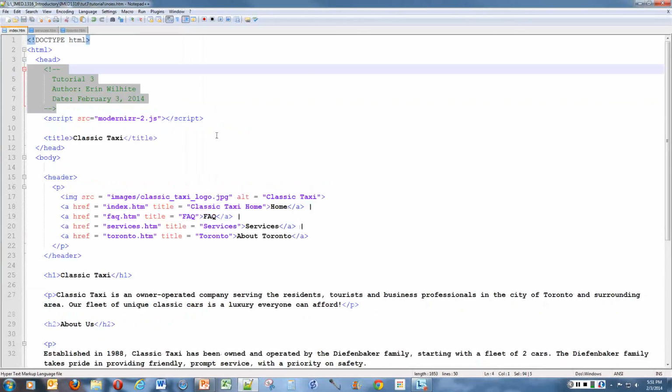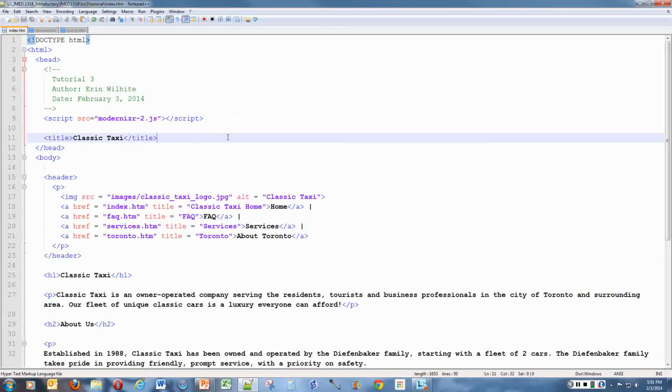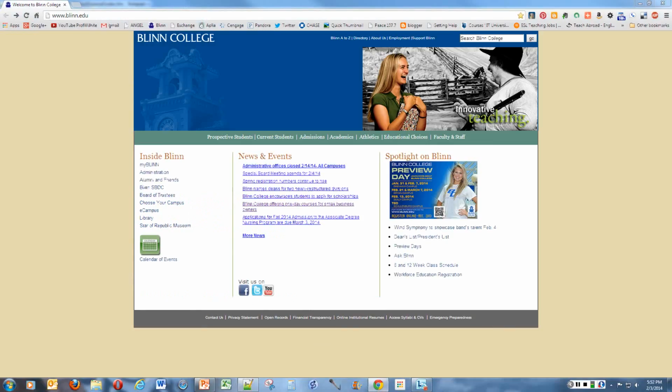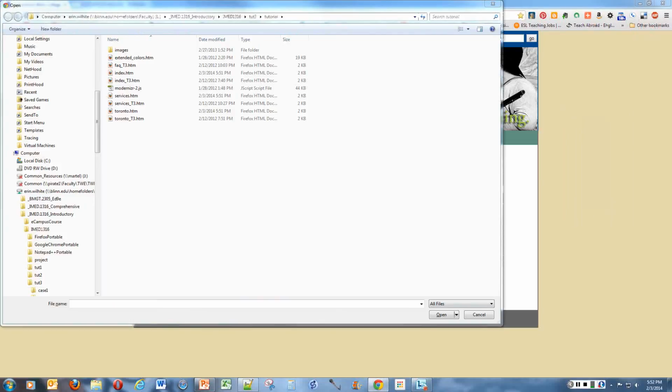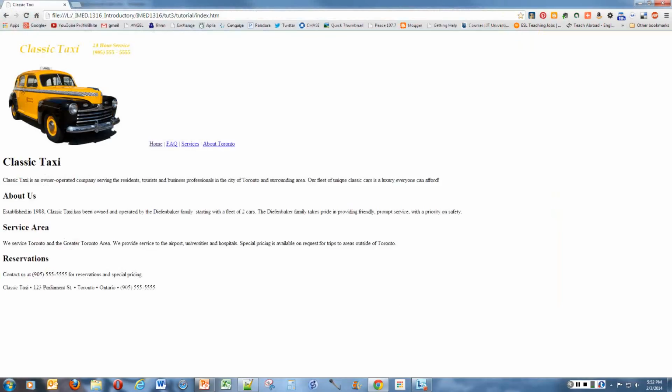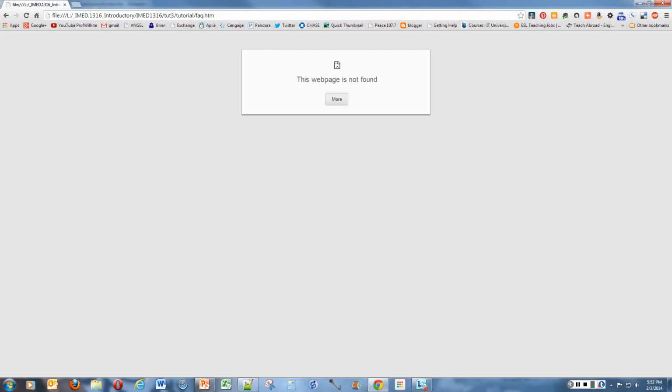Now let's go back to the index page. Click the FAQ, Services, and About Toronto links to view the corresponding web pages. Okay, so we're supposed to be looking at this in our browser. Hang on. In Chrome, I can open a page by pressing Control-O. I was just too impatient. And then index.htm. This is what we're beginning with on this assignment, and we're supposed to click these and see what the